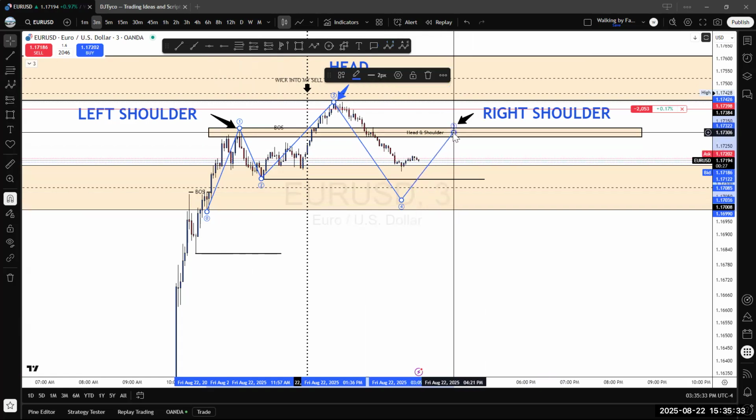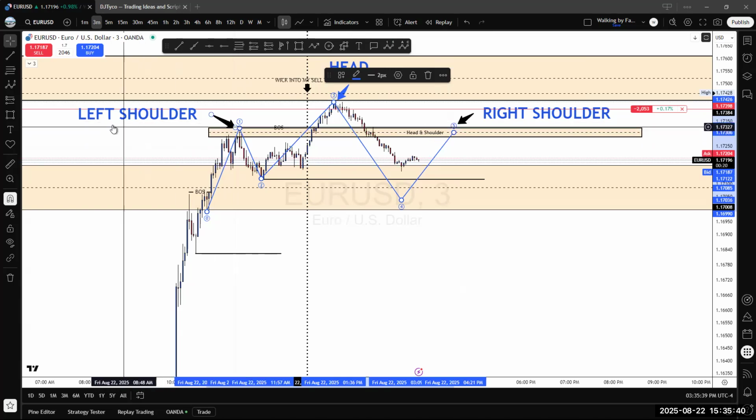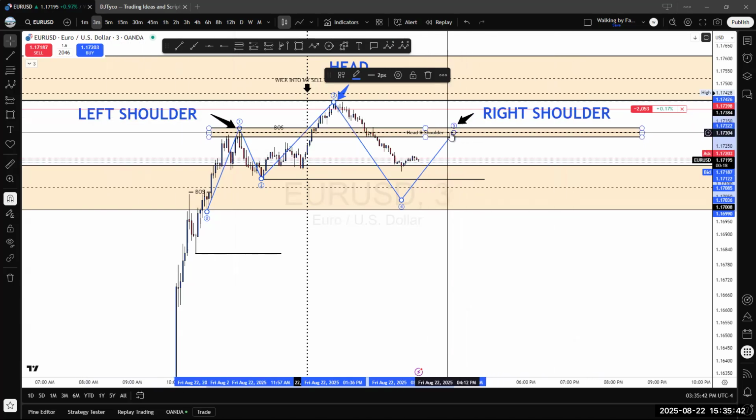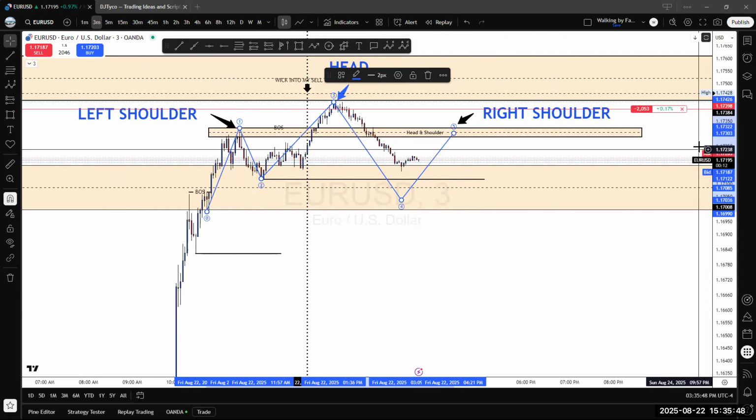Now I'm waiting for it to come back up here. Remember, five will always be equal distance to number one. Number one is your left shoulder, so your right shoulder, which is number five, will always be equal distance to number one. When you mark it up, this becomes your zone. Guess what? You could either